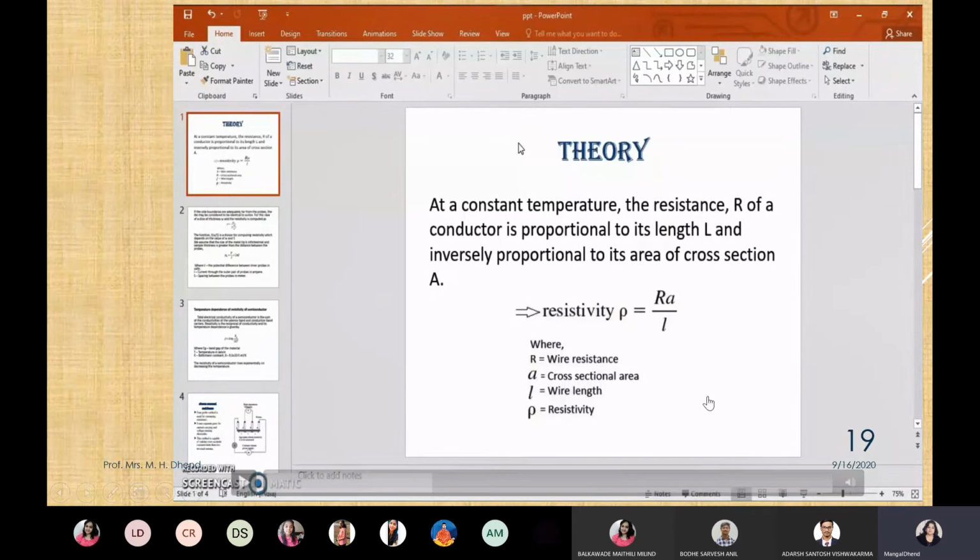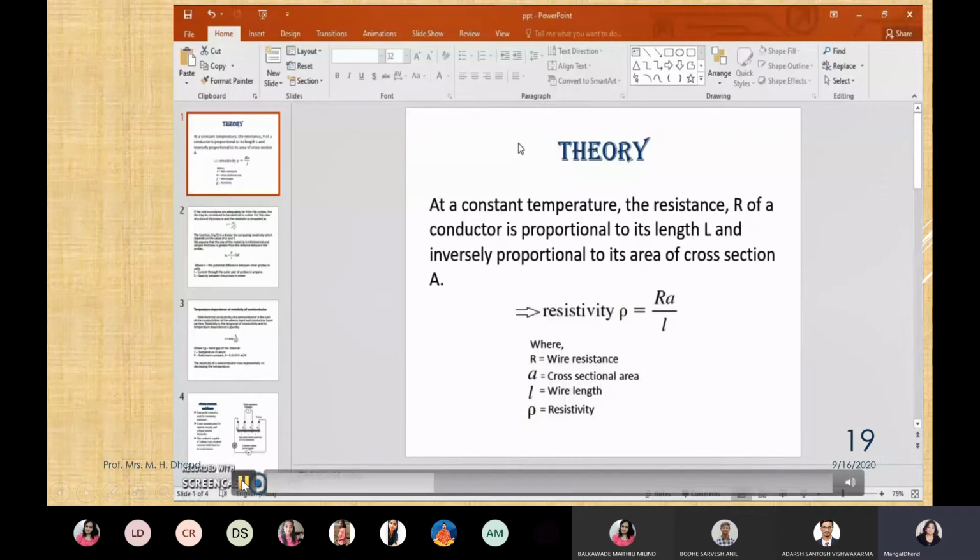Now students, here you can observe resistivity directly. So resistivity is equal to RA by L. You can measure the cross section area of the wire and you can measure the length of the wire. Generally length is taken as 1 meter. So this will not be in the picture. Take a 1 meter length wire, just measure the cross section area. So when you perform in the lab, the difference will be that you will get voltage and current, and then you will use the area. Then you can just find out the resistance. Okay.